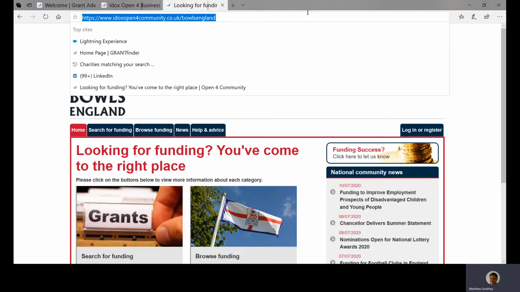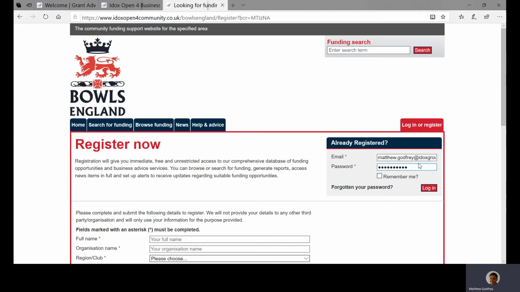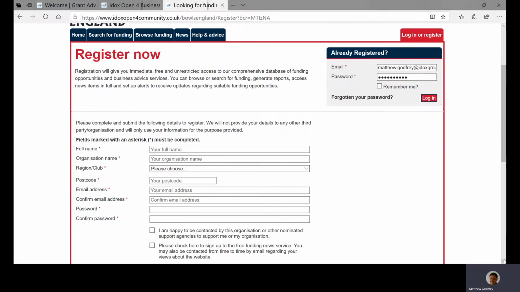Okay, for those that haven't registered onto the portal or want to know how to log in, it's very simple. Here you'll see login or register. All you need to do, particularly if you're newly registering, is click on that. As you can see here, I'm automatically populated. My logon information is, and you can do that by clicking remember me, so you won't have to remember your passwords, etc. But if you are new to the portal and are registering, then all you do is